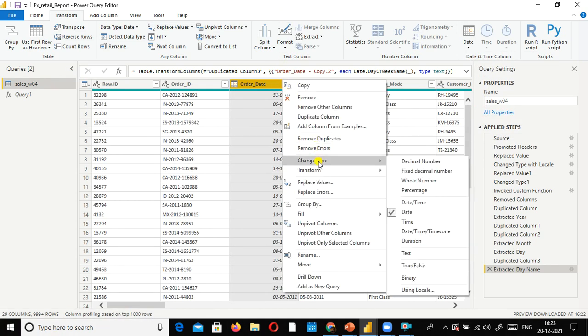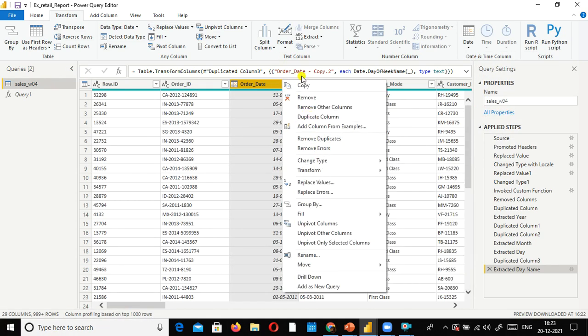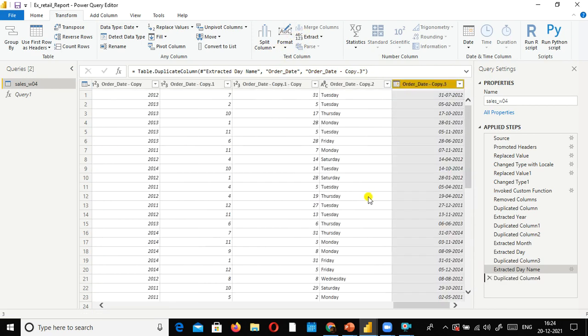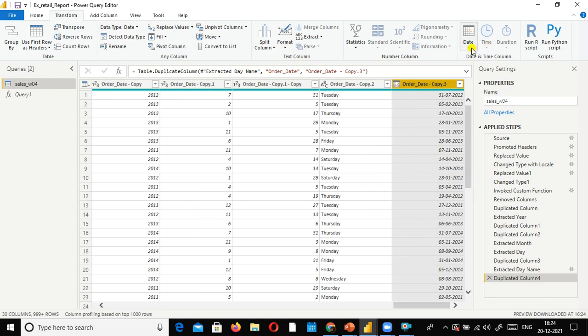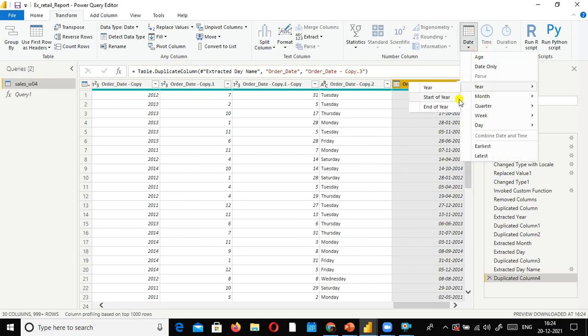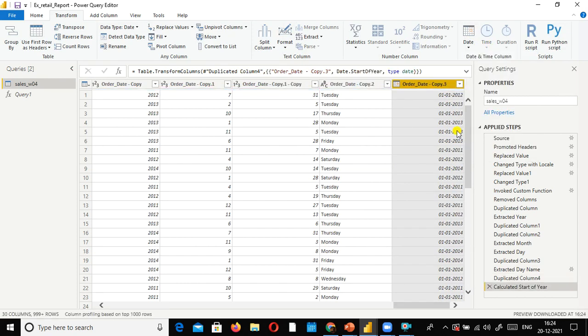You should be good with the date columns also. This is the one I selected. Go here, Year, and Start of Year. So 1/1/2012. Irrespective of the day, you can convert it to the start of the year or end of the year.